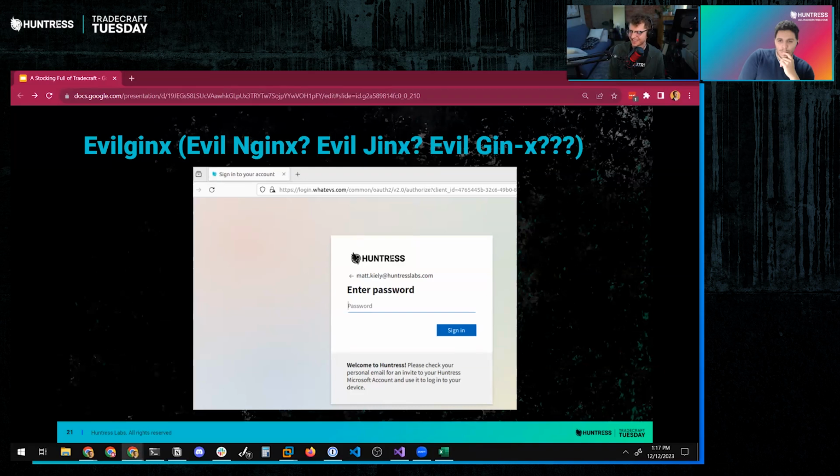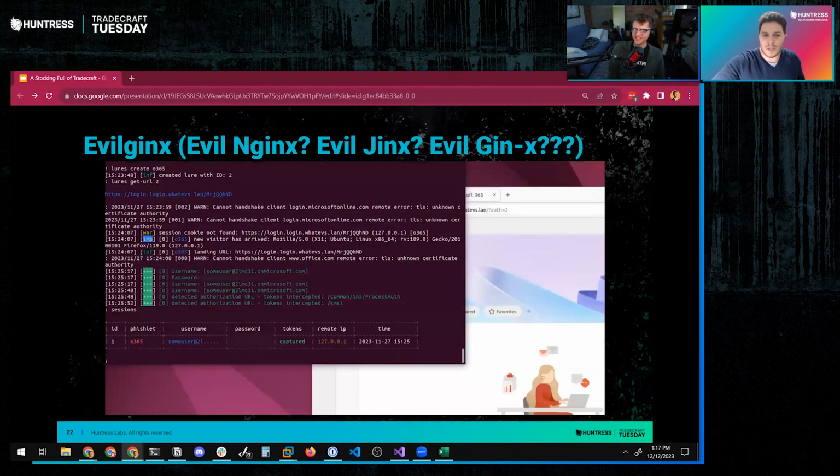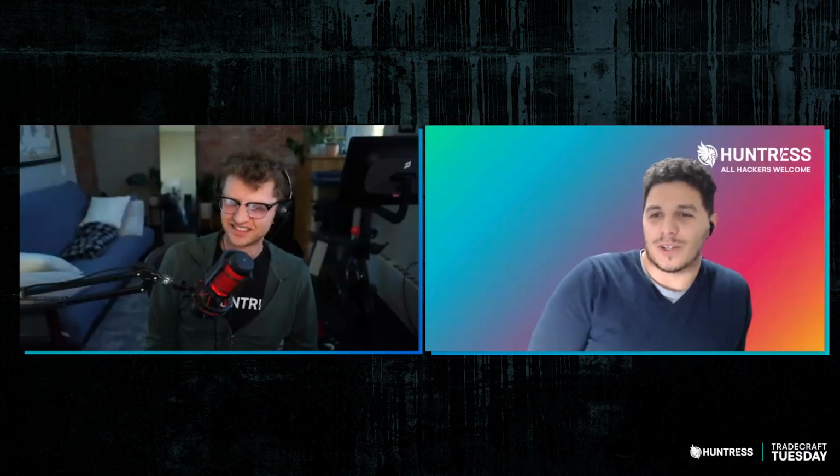I know folks on this call, we're all security conscious people. We'll look at the URLs, we'll look at those kinds of things. But for folks who are just trying to get their jobs done, they didn't see any discernible difference between those two images that you had there, right? Of the logins. And that's why I think Evilginx is so insidious. Yeah, it preys on people who are just trying to get their job done. So they're like, oh, you sent me a doc. Great, let me just sign in so I can download it.